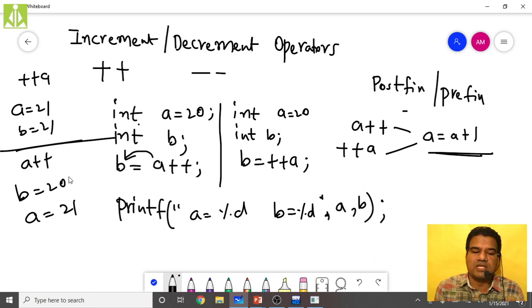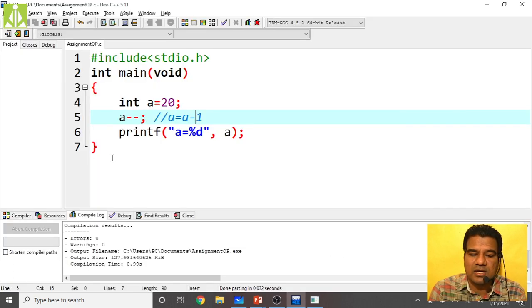Quickly we go and see these two things. We write the same code in our program. This understanding is very, very important, and I am not going to repeat it any further. If you want clarification, you have to come back and watch the video. In postfix increment, first it will assign the value of the operand to B, then increment the operand. In prefix increment, first the value will be incremented, then it will be assigned. So quickly go and see that logic over here.